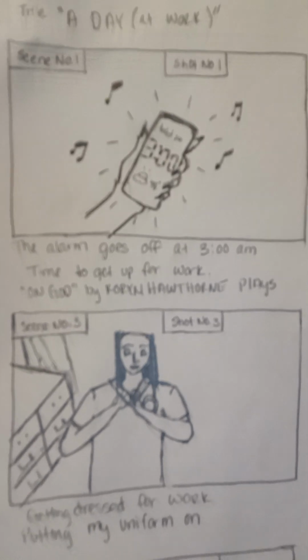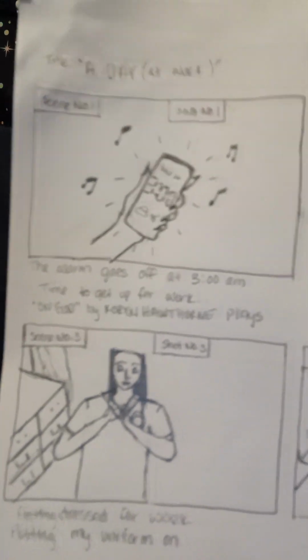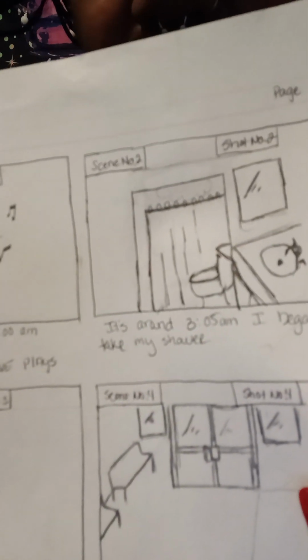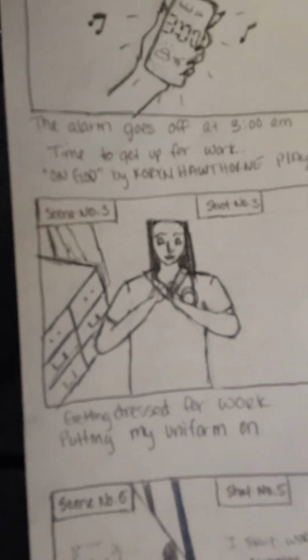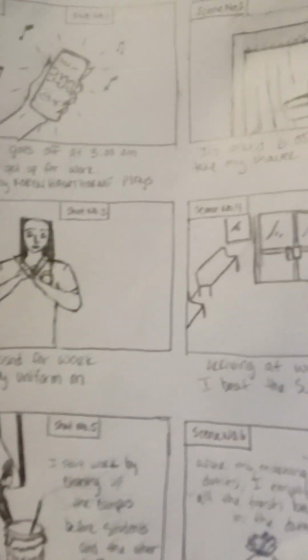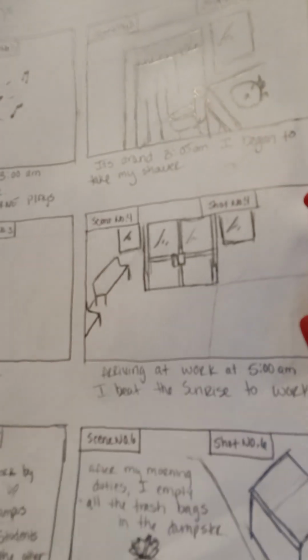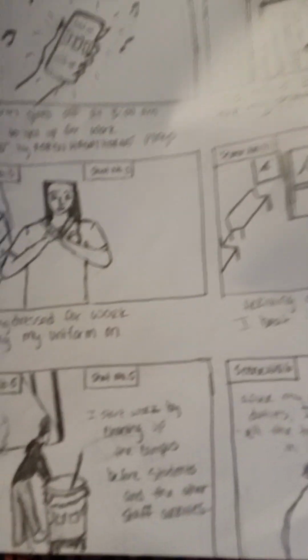I don't know how to turn this around so y'all can see, but let me show y'all like this. So I did a day in the life. What I did first is, this is me waking up at 3 in the morning. Okay. This is me when I jump in the shower, when I'm getting ready for work, when I arrive to my job. I just did something real quick. And this is me starting work.